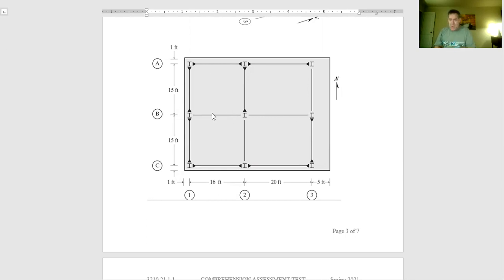And so with frame B not being a part of the lateral force resisting system, then whatever the lateral loads are, they get distributed by effectively tributary action over to line A and to line C. Dimensionally, what you do have to keep track of is that there is a 1-foot overhang on either side, so you do end up with a 16-foot tributary width for the frame line A,